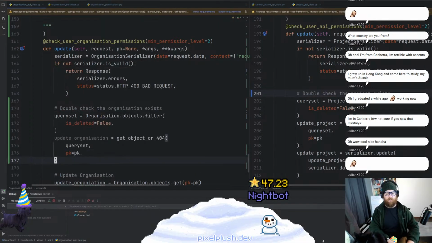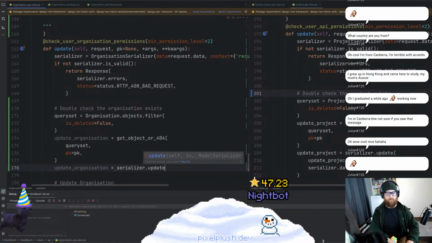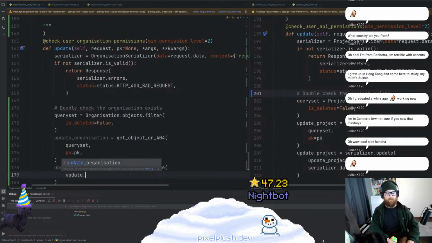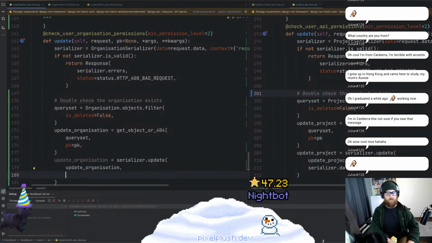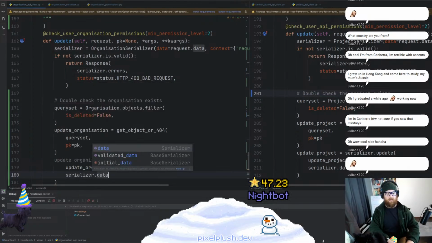So it double checks everything, and then we've got update organization that overrides that, equals serializer.update. We've got update organization, easy done. We've got serializer.data, and